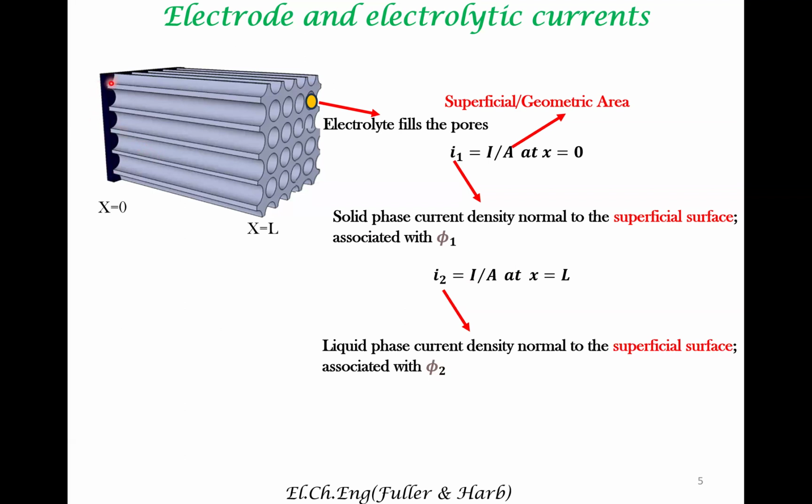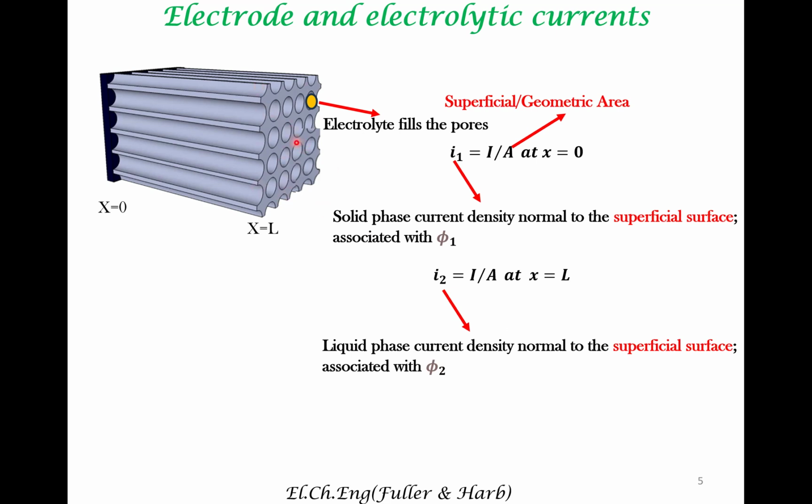So at this cross section, the only current that can pass through is the electronic current, because there is no further transport of the electrolyte into this cross section. Therefore, all the current at this cross section, x equal to 0, has to be electronic current. Note that this structure is adjacent to the electrolytic phase, and it may also have a separator touching